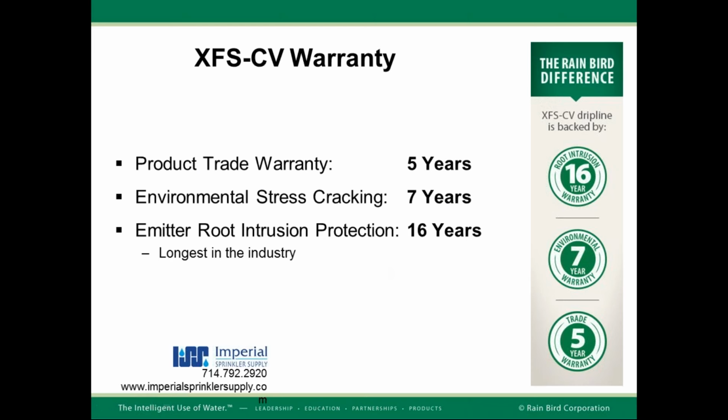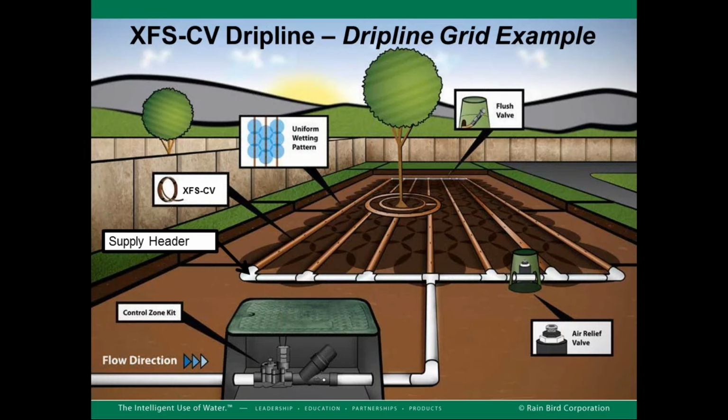We are standing behind the Copper Shield technology, and for 16 years we'll warrant the product from root intrusion protection as a result. Longest in the industry and very unique for this product. Matt already talked about this. The only thing I want to mention, Matt already went through all of the various elements of a drip grid